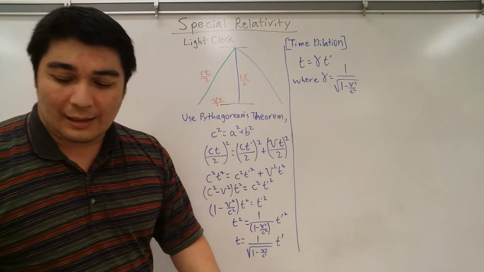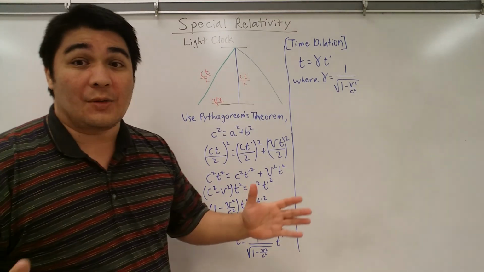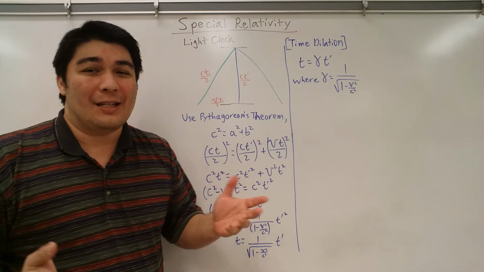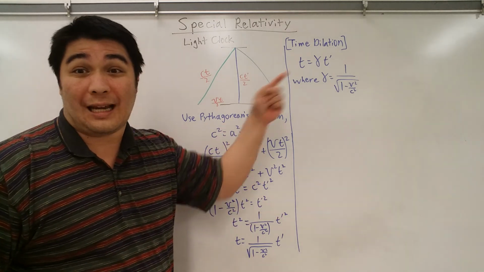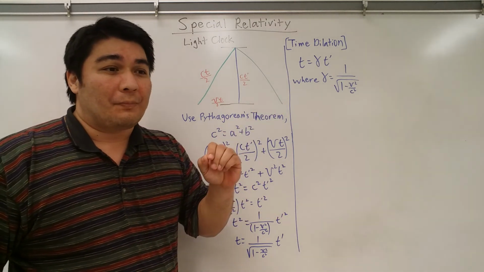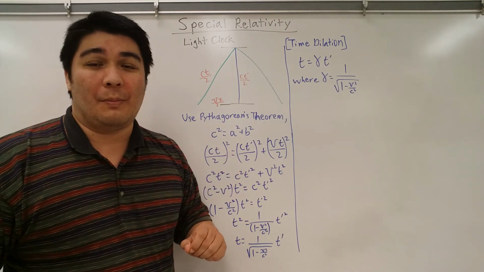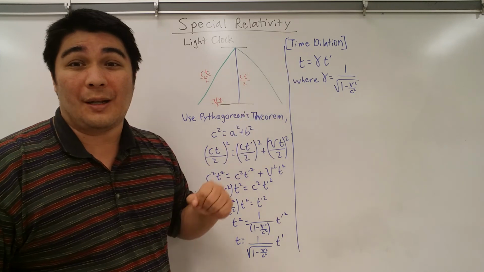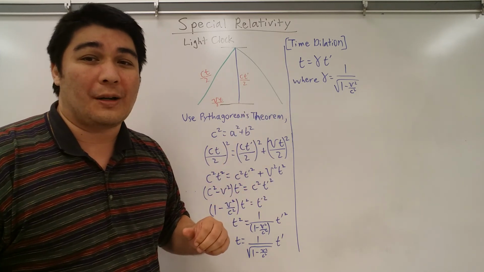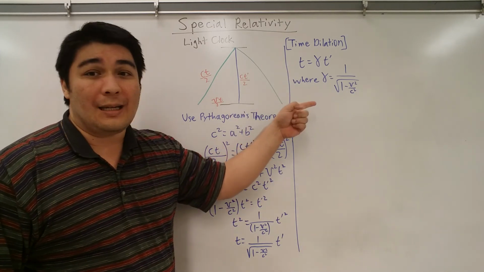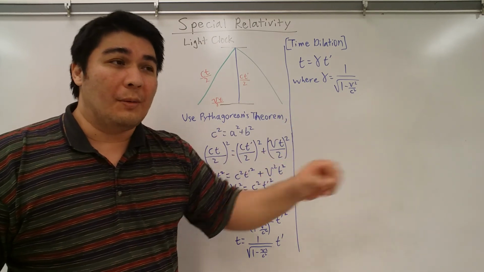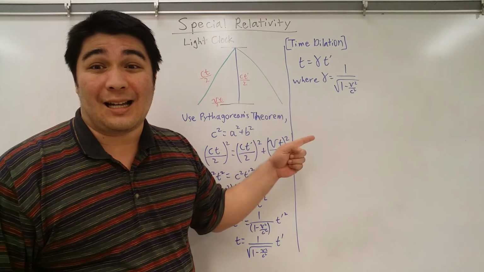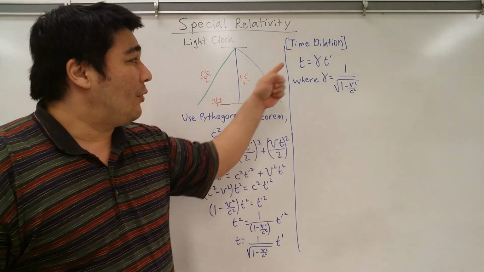Now, one of the things I did want to do before I end this video, because I could just say there's time dilation, but it doesn't help unless you have an idea of what this actually represents, because then you'll start to appreciate books like, for example, Ender's Game. That actually uses this equation quite a bit as a plot point in the story. So what this actually means is the faster you move through space, the less you experience time. So the faster I move,